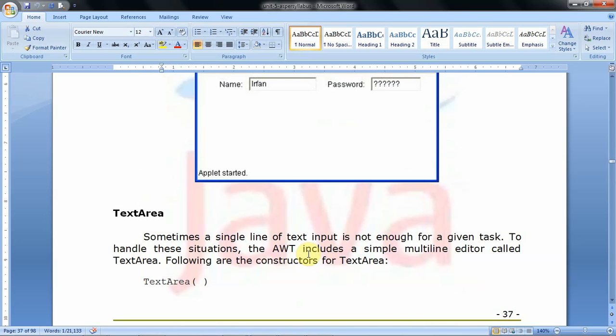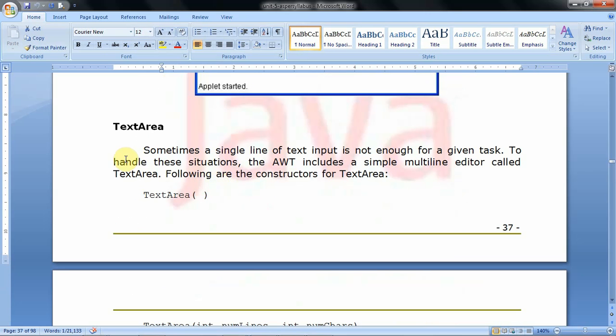That is about a text field, which allows us to enter single line data. The second AWT component is the text area. A text area allows us to enter multi-line text.